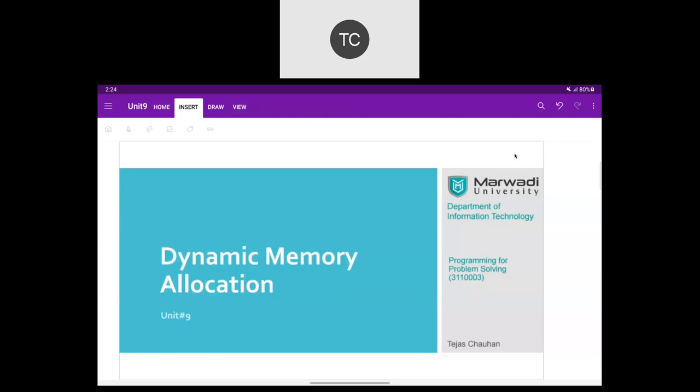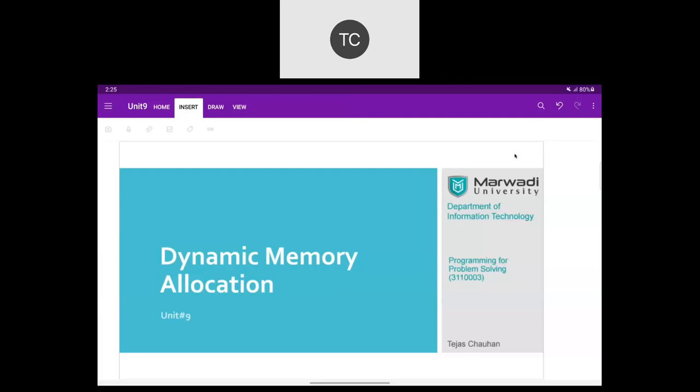Then we looked at structure and array, structure and function, structure and pointers, and so on. We pass a structure as a parameter to a function. We return a structure variable from the function. We took an array of structures and we accessed all the members using a pointer variable also. In that case, instead of the dot operator, we go for the arrow operator. And before we ended that unit, we also looked at union, a topic beyond the syllabus.